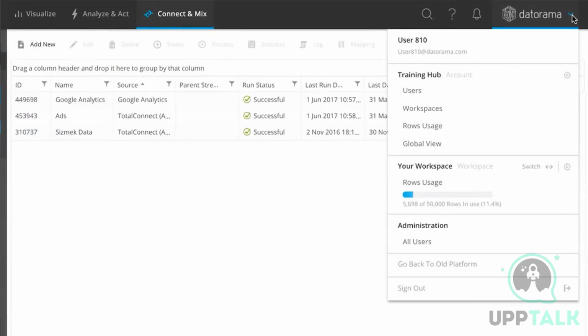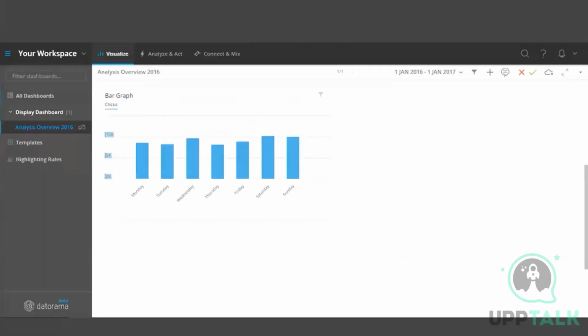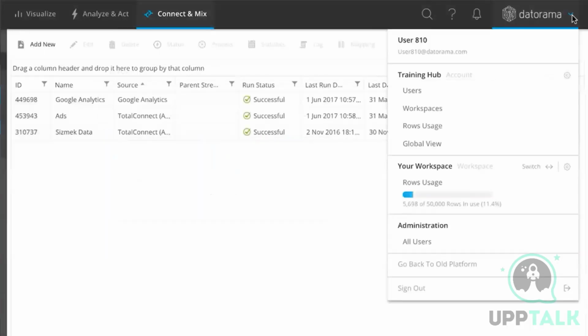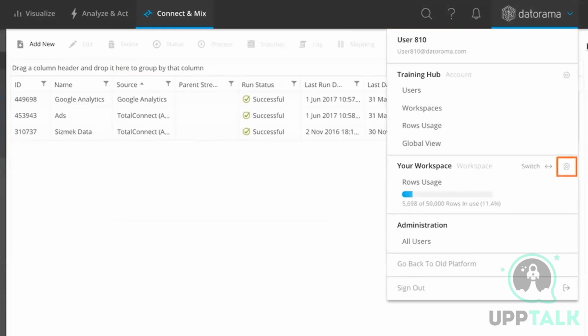And workspaces will allow you, if you're working for multiple projects, to switch your workspace from the tab that you see from your user settings, and you can switch to the different workspaces that you have access for, right? So that's all about